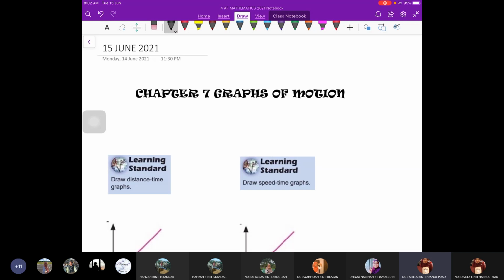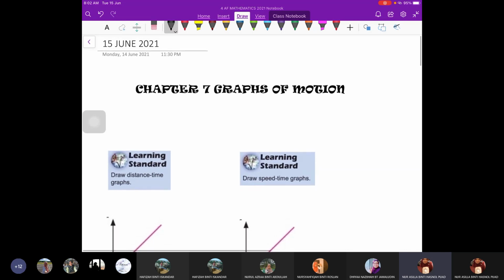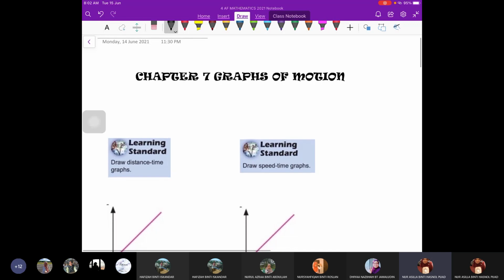So I'm not sure kalau fizik dah cover. Kalau dia dah cover, you will find some similarities. If not, this will be a useful topic for your physics lah. Alright, so we go to graph of motion, chapter 7. So graph of motion, in this topic, kita akan introduce to you only two types of graph. Two types of graphs, which are the first one